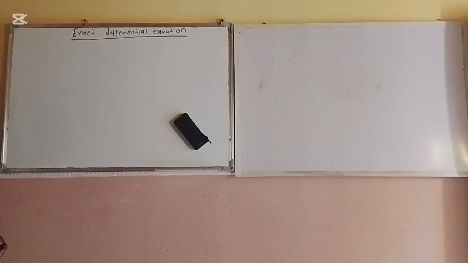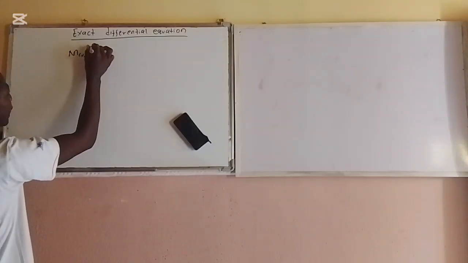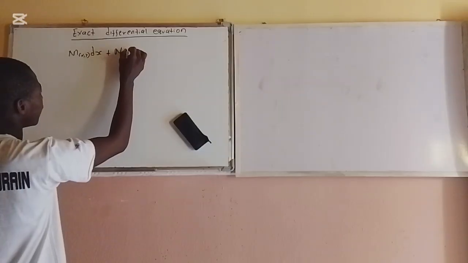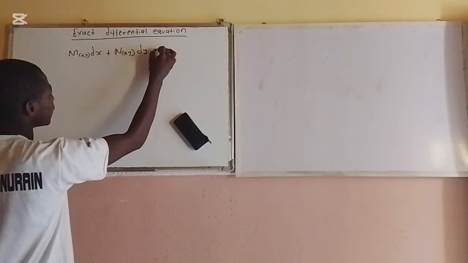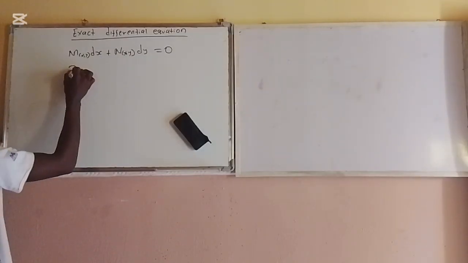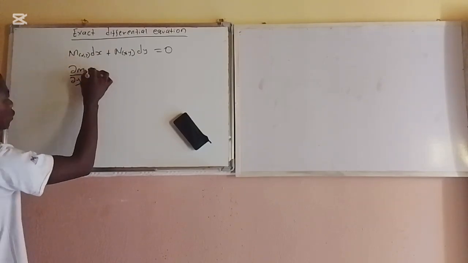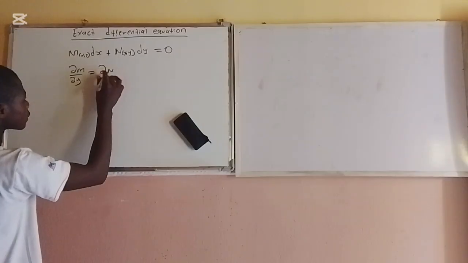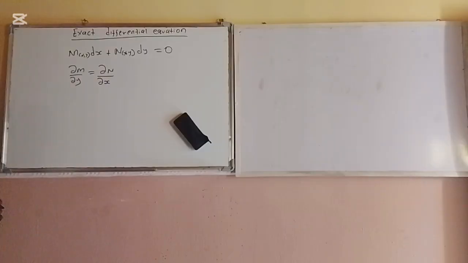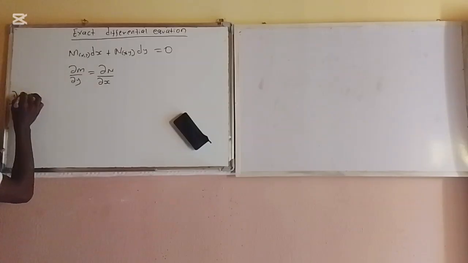So for any exact differential equation, an equation must satisfy M(x,y) dx plus N(x,y) dy equals 0. For an equation to be exact, this is the same thing as: the partial derivative of M with respect to y is equal to the partial derivative of N with respect to x. Suppose I am given a question which says,